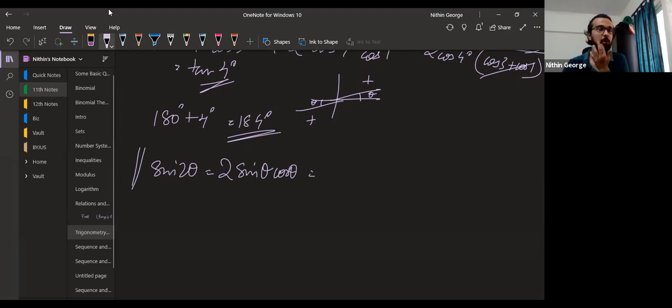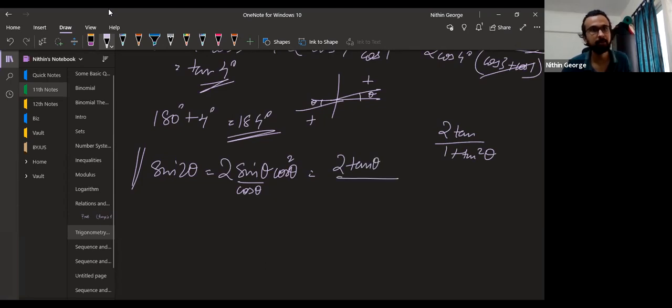I want you to remember that formula, 2 tan theta by 1 plus tan square theta. But how to get that is, I'm going to convert this cos theta into cos square theta. So what does that mean? I basically divide by cos theta, right? Then I get 2 tan theta into cos square theta. That I'll write with denominator sec square theta. And you already know that sec square theta is nothing but 1 plus tan square theta. Got this, guys?